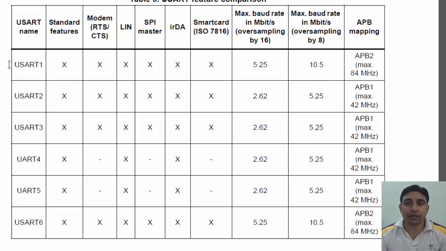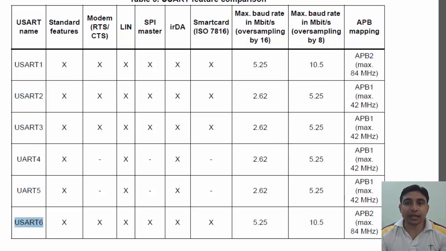Now, before going forward, I want to tell you one thing. If you remember, in the previous tutorial I mentioned USART. Although we are learning UART communication here, USART is not a different thing. The only main difference is a clock line connected between transmitter and receiver. The rest is nearly the same. Now here in the data sheet you can see that we have USART 1, USART 2, USART 3 and then UART 4, UART 5 and then USART 6.